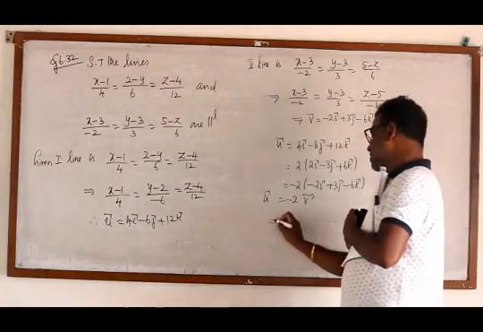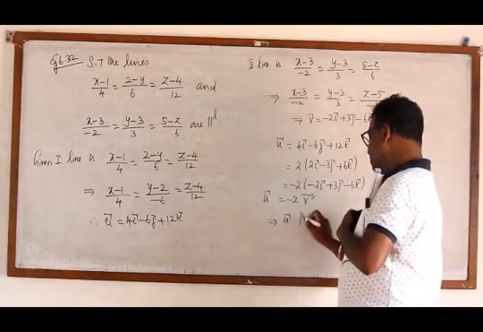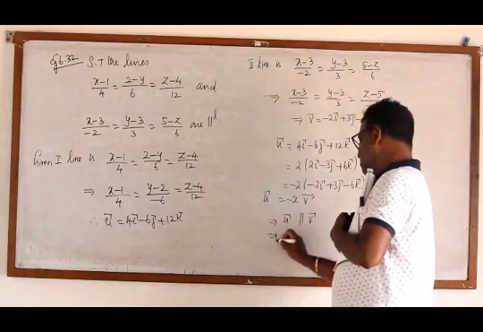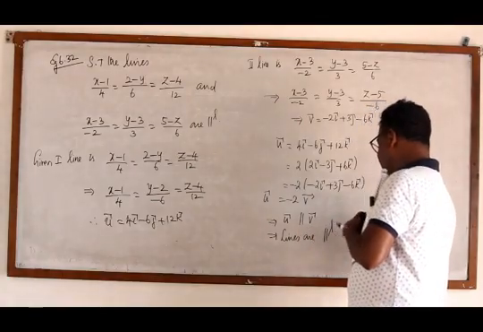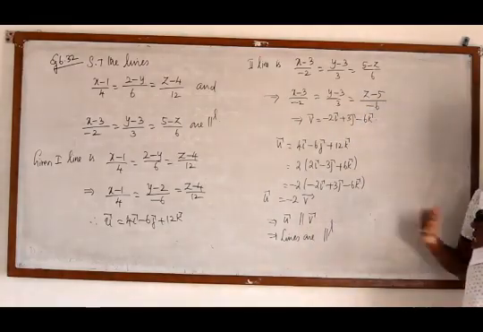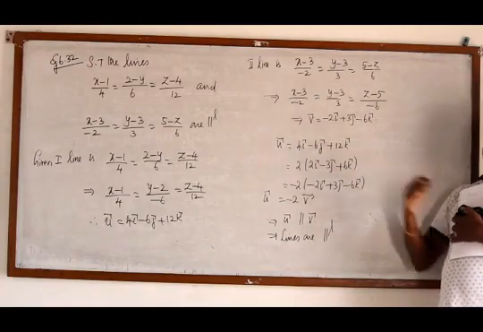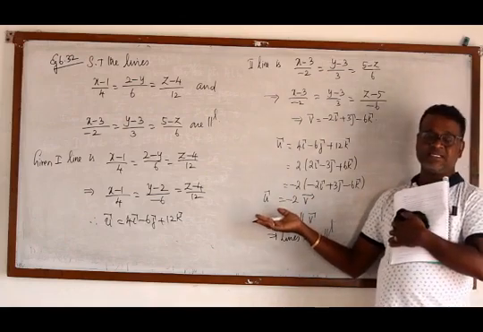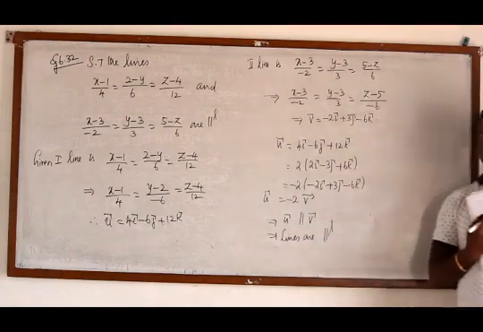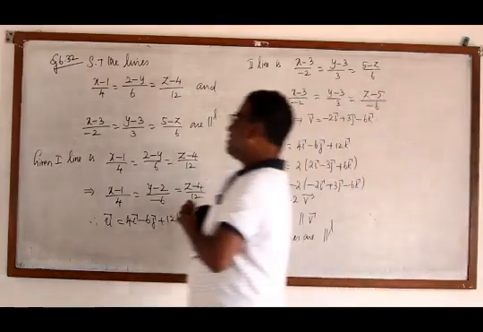So in this case, one vector is a scalar multiple of another vector, and then u vector is parallel to v vector, which implies the lines are parallel. So we can go like this. If parallel, don't go for any angle. Just go for u vector and v vector, and if you are able to express one vector as a scalar multiple of another vector, then these two lines are parallel. So with that, the examples are over.